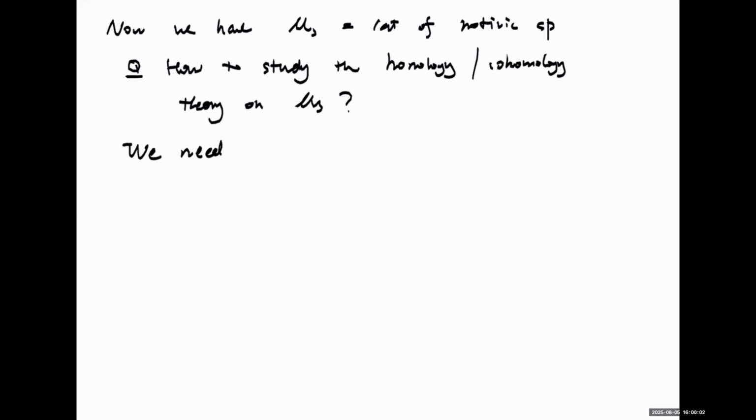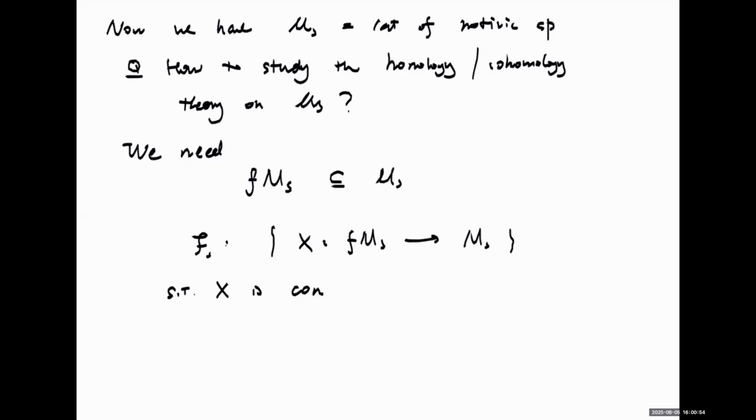Let's say FMS is the full subcategory of motivic spaces consisting of finite spaces, and F of S is the category of functors from finite spaces to spaces such that X is continuous in the sense that